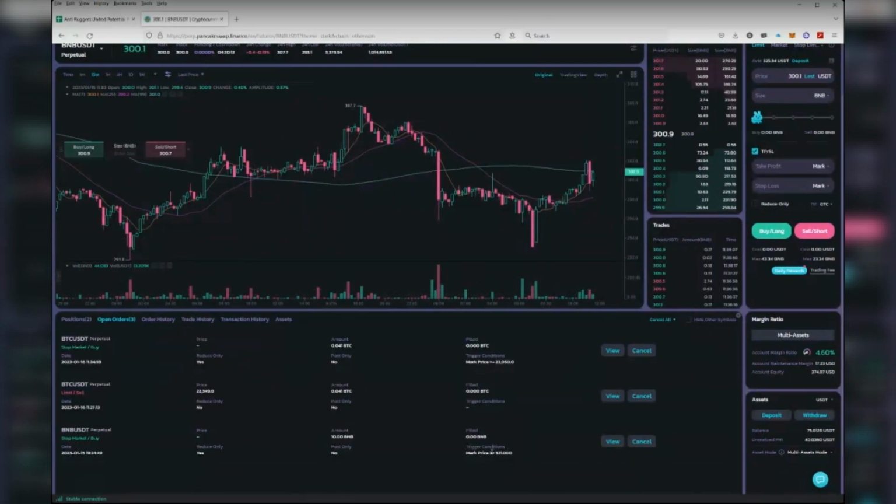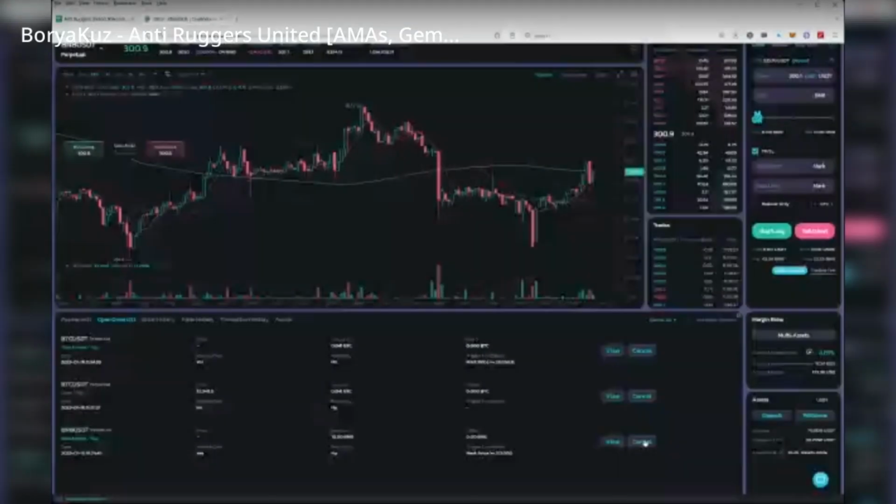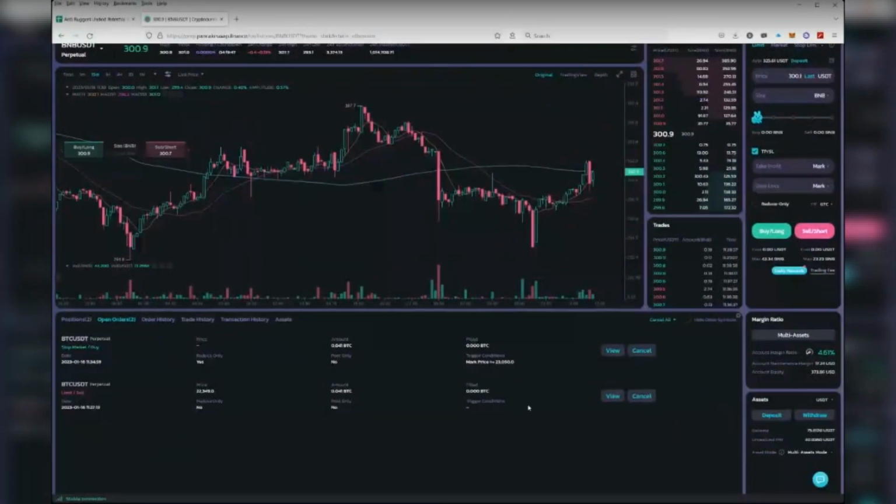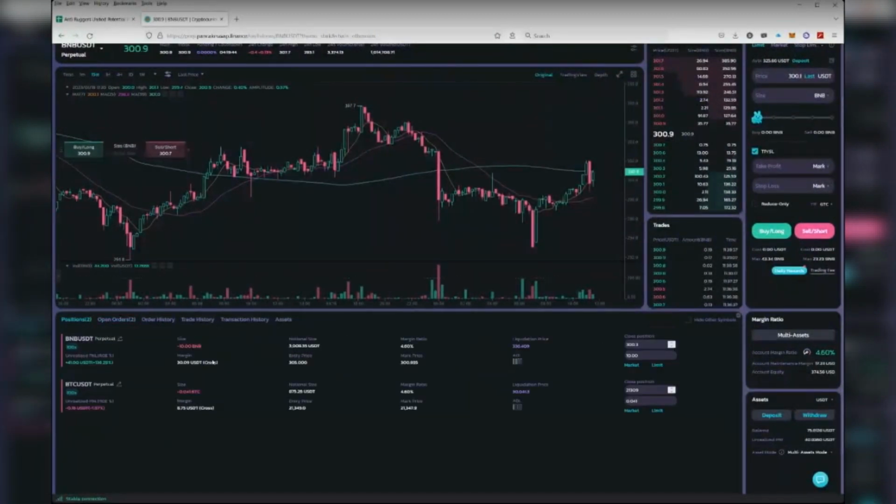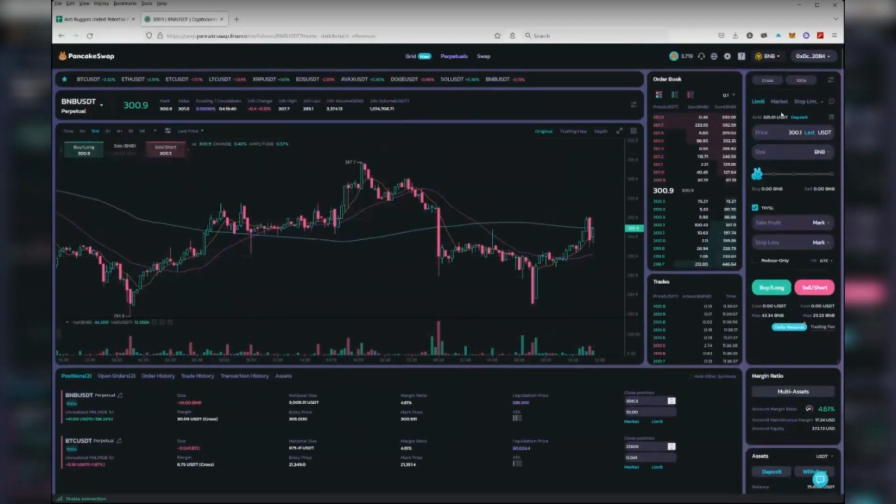So what this means, here's what it is. 321 means when the price reaches 321, it's going to buy my 10 BNB that I shorted. So if I want to change it, this is kind of why it's annoying here, I'm going to have to cancel it and make a new order. So let's say I wanted to cancel it and make it down to like 315, stop loss 315, so I would cancel my order. Let's go to BNB. Now I have to make a new order.